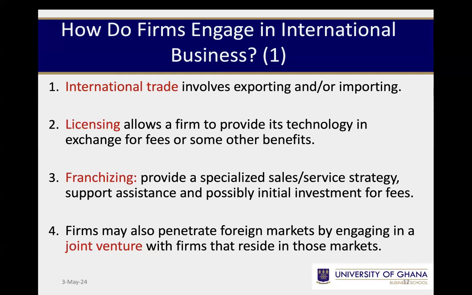So one may bring their technology and another may bring some other expertise, and together they each make the most of it. So you could have an arrangement where maybe one has a distribution chain and one is able to produce, so together they could work out such modalities. Then we also have